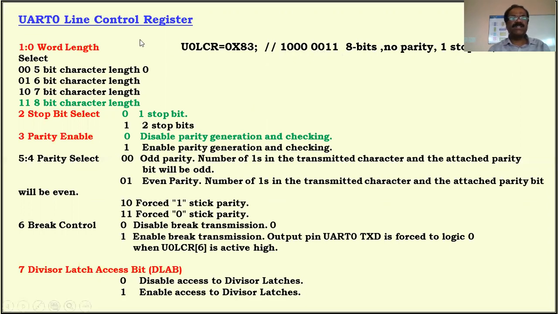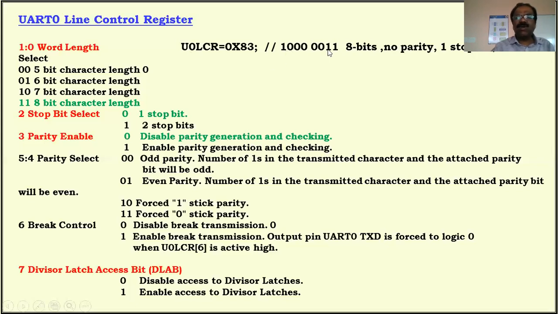This is the binary. What is the size of LCR? 8 bit. This is an 8-bit control word. We can call it a control word. We have to load this control word into the control register. What is the size of the LCR, line control register? It's an 8-bit register. Depending upon your requirement, we have to calculate the control word. It's called a command word or control word. Afterwards, we have to load this control word into LCR. This LCR comes under U0, UART 0, because we are using UART 0.